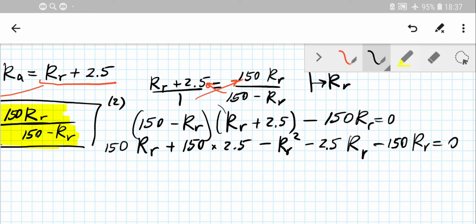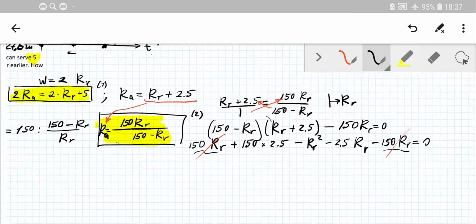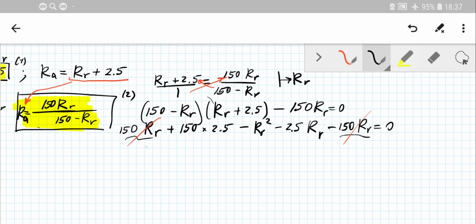Okay, so I just want to simplify that. I've got that here, which cancels, obviously. And I'm left with that equation. I just shift a little bit here. So I start from the square term. Then I'm simplifying that expression, 150 plus 2.5, so I'm doing that. 150 times 2.5, I've got 375, so plus 375